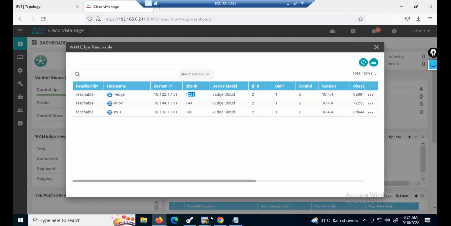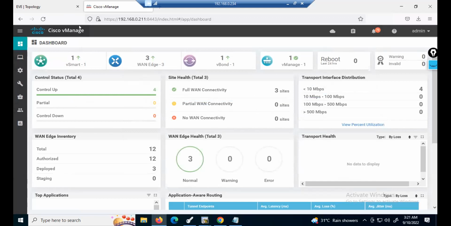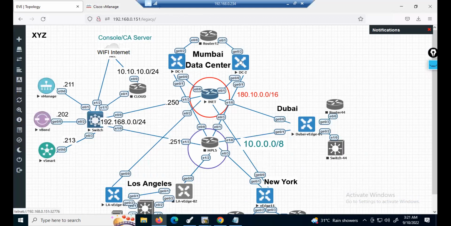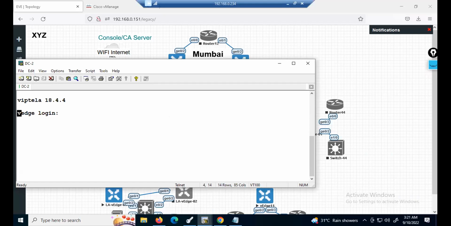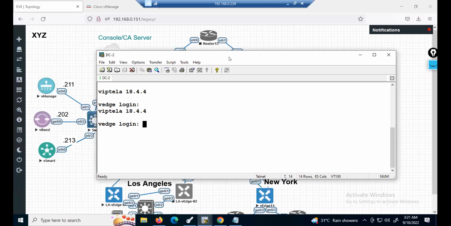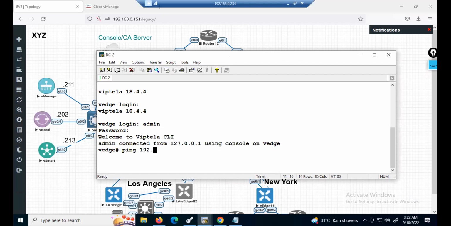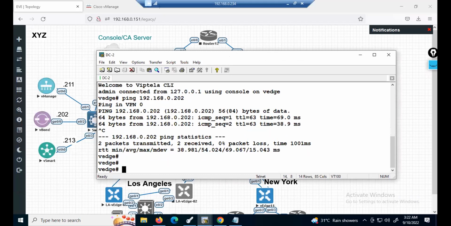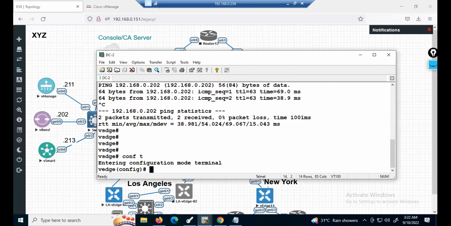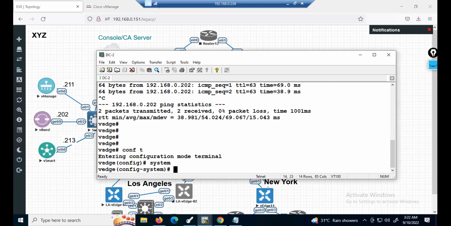So same way my fabric. Now who is left? We go to DC2 now. Log into DC2. Underlay reachability always first. Pinging means good. Go to config mode. Go to system menu. Specify the system IP